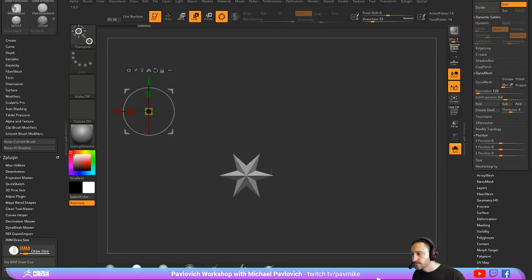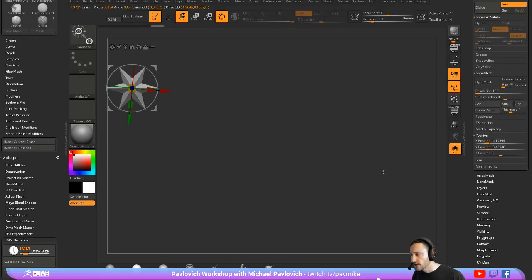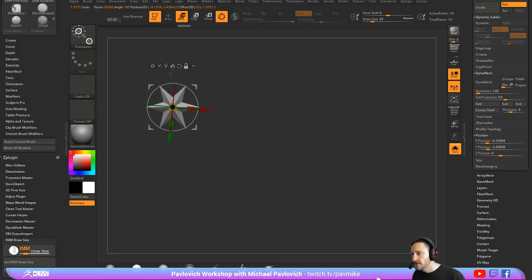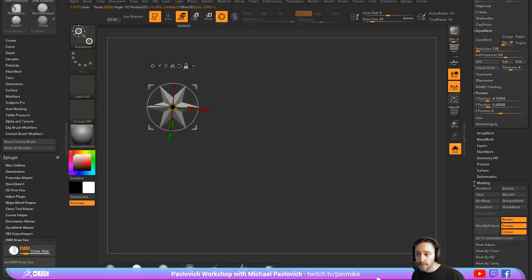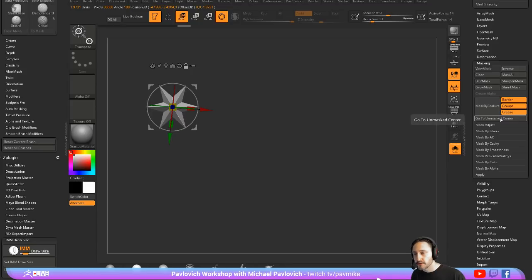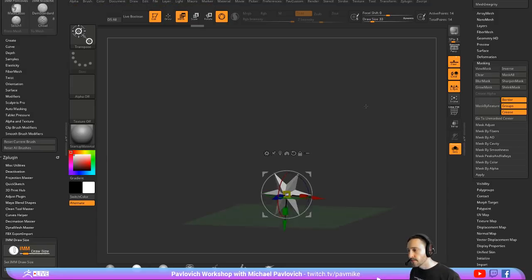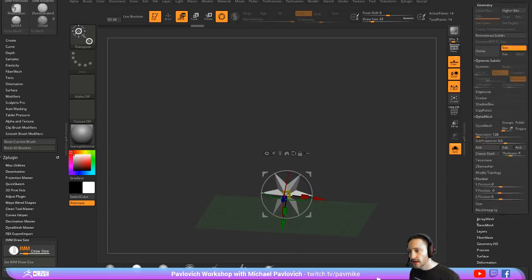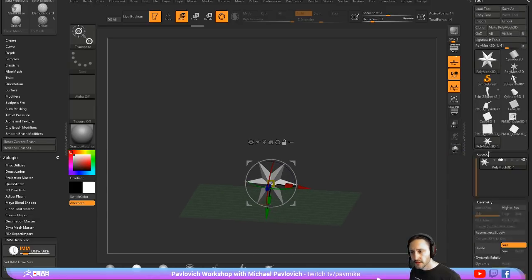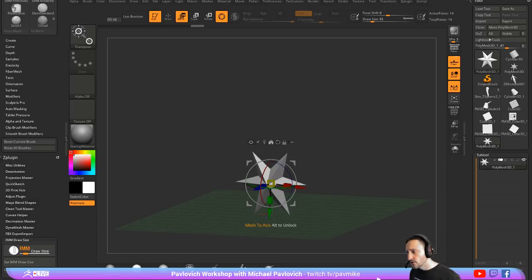If you have an object over here and you hold down Alt and you go to Unmatched Mesh Center, or underneath Masking here, we now have a new Go to Unmatched Mesh Center button. That'll snap it to the middle of your object. And now if we turn on our floor and hit this world button, this little house button here, that'll snap it to your 000 center world. The reason why it kind of moved is because, well, maybe it shouldn't have, because this is all one subtool. This button here will move